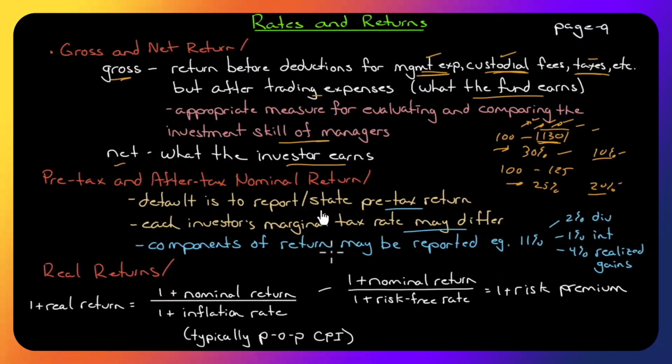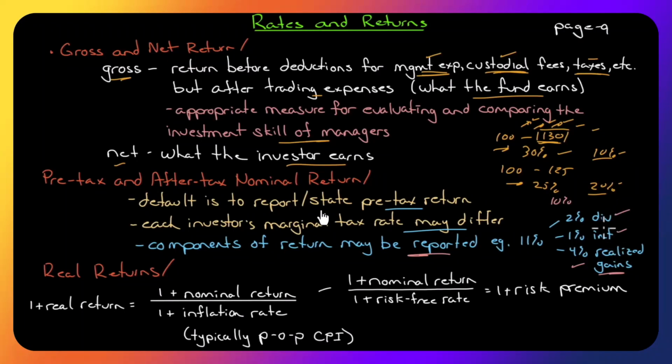Now, the components of the return may be reported so that you may then calculate what your after-tax return is. So it might say, okay, well, we had a 10% return, 2% was in dividends, 1% was in interest, and 4% was in realized capital gains. So then you can calculate what your after-tax return is based on what your tax rate is,